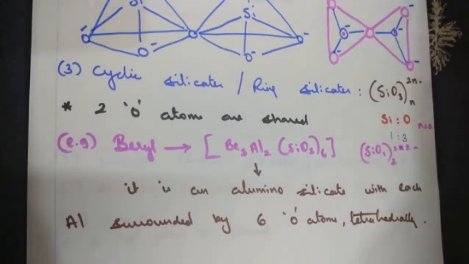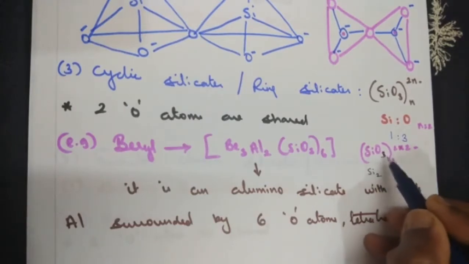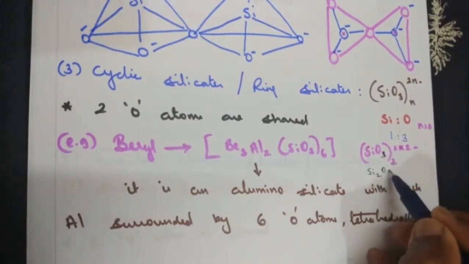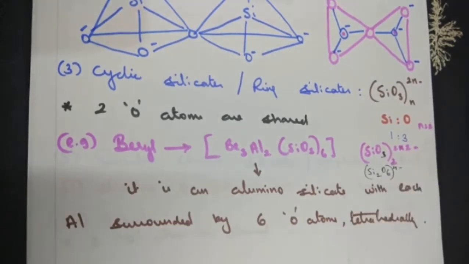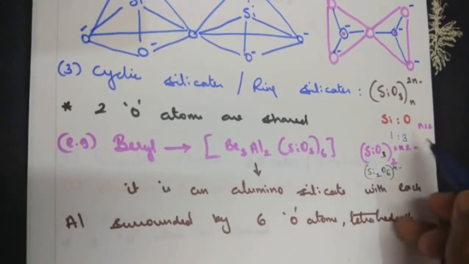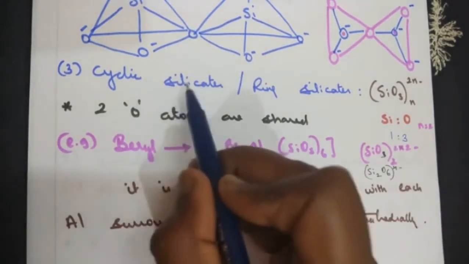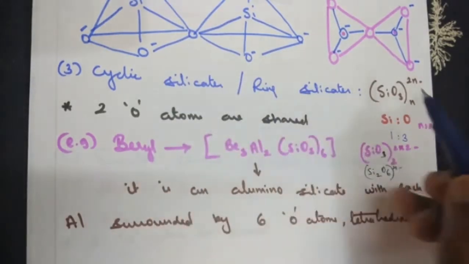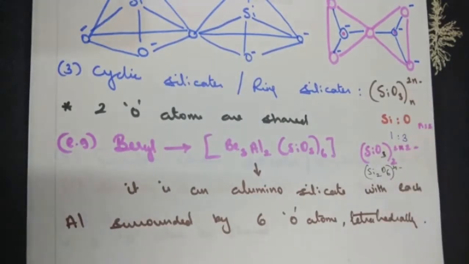What will be the answer for us? So that will be Si2, multiply it. This is 3, so 3 2s are 6, Si2O6. 2 2s are 4, minus 4 will be the charge. So this is how, based on the formula they give you, you can calculate the charge over them. So for cyclic silicate or a ring silicate, SiO3 n times and the charge will be 2n minus.